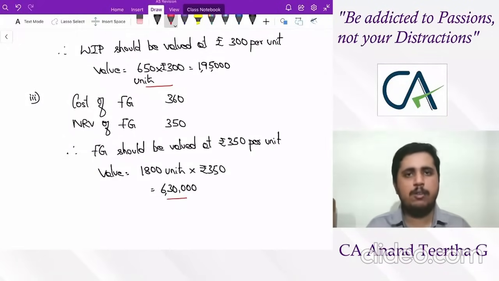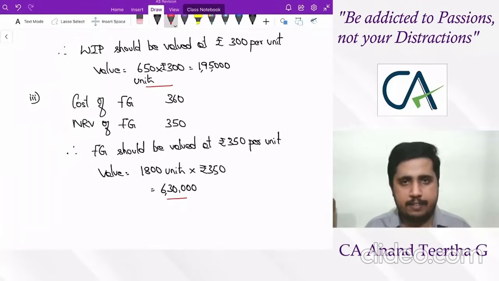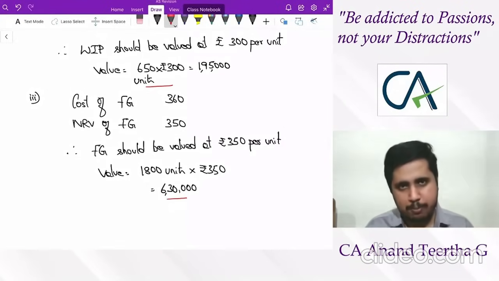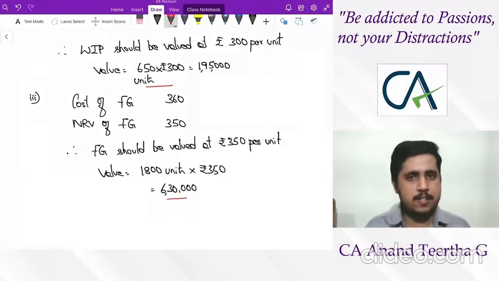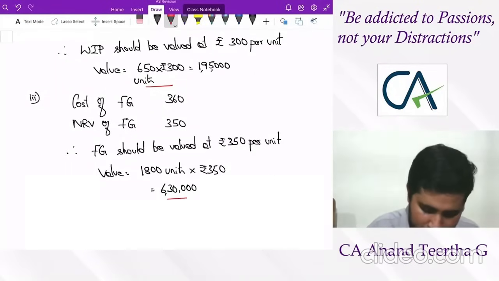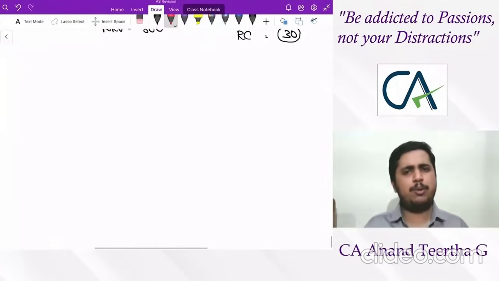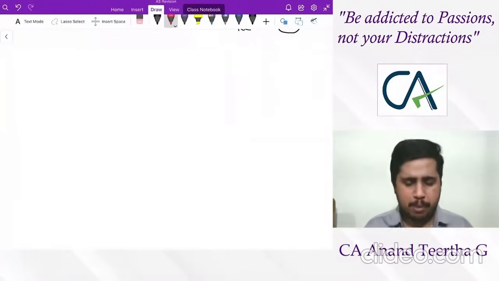So this is how a question, if it is asked in the AS2 exam, normally might be asked, you have to approach it this way: analyze what is asked over there, then see the valuation formula, apply it, done. That's how you are going to get your value. So now, before we wrap up this particular standard, as said, I will give you the highlight points. What are the highlight points I have to consider for remembering purposes?